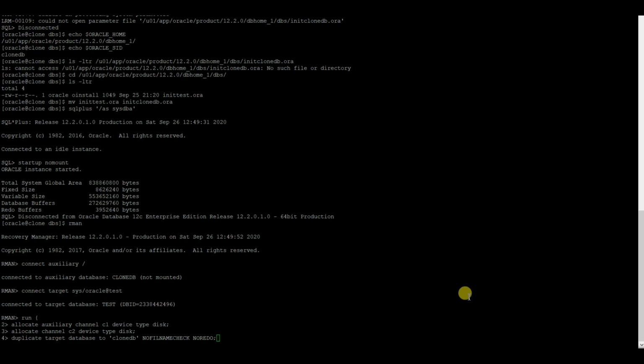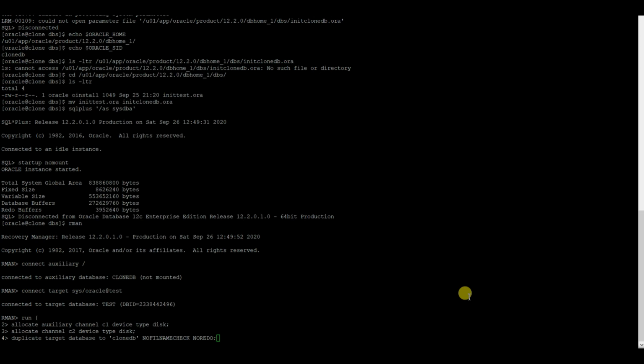And noredo specifies that no archive redo log should be applied when recovering a consistent backup. So you do not want to apply archive redo logs to the consistent backup even though the archive redo log files are available. The source database, if it is running in noarchivelog mode at backup time and duplicate is connected to the target database, then at that time also noredo is required.